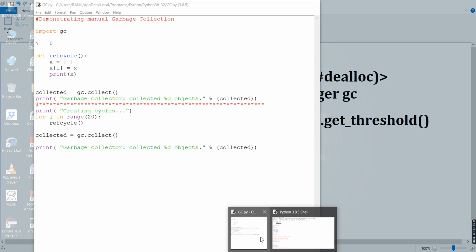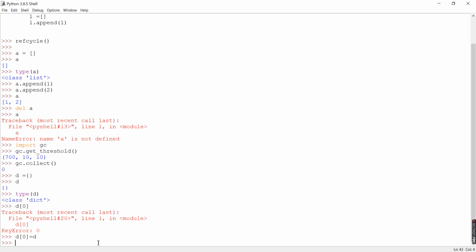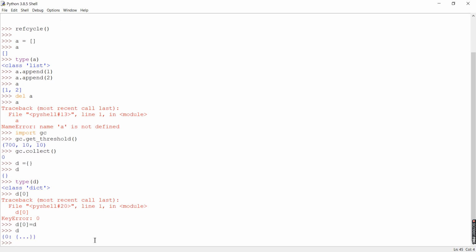So what happens when we do this? When we again write D of 0, and I assign this to that dictionary again, it will not print an error. And if I just print D, it will return a dictionary containing a key and value. That key is 0, which we have passed here, and the value is a dictionary which contains nothing, so that is dot dot dot.